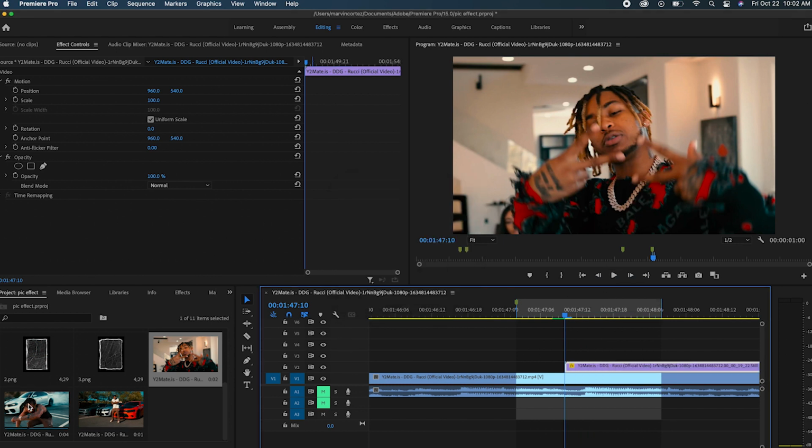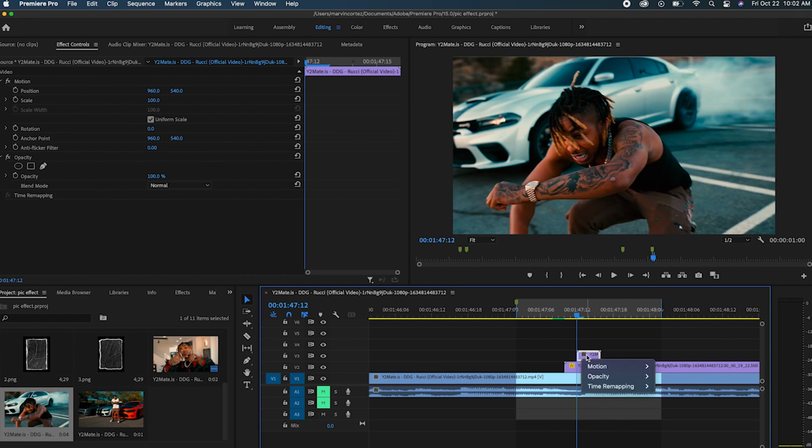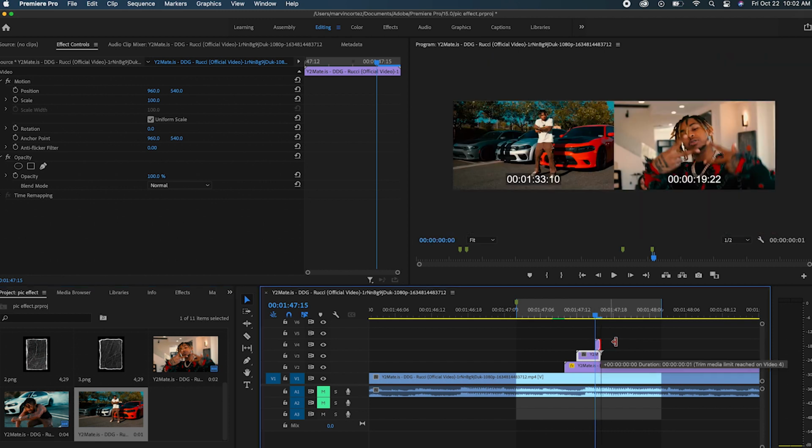And then we're going to count 3 frames to the right. So 1, 2, 3. And then we're going to add our second one, which I want to be this one. It's going to be 1, 2, 3 again. We're going to add our next clip, which is going to be the one with the cards right there. Once we have the cards,